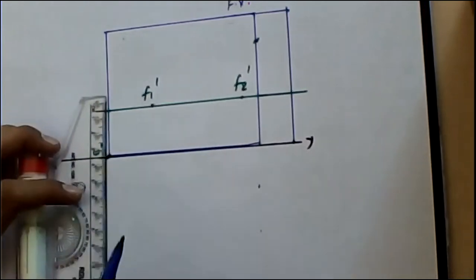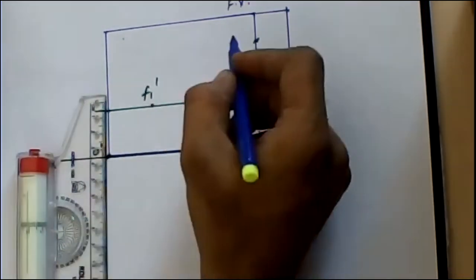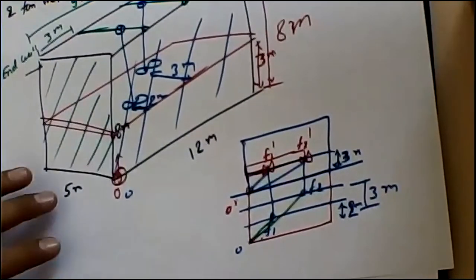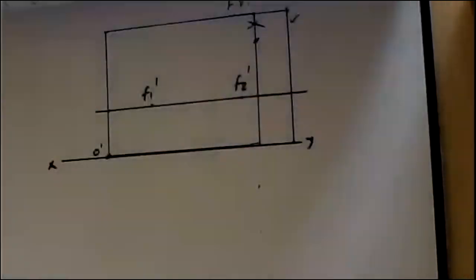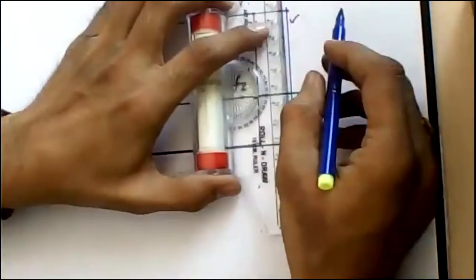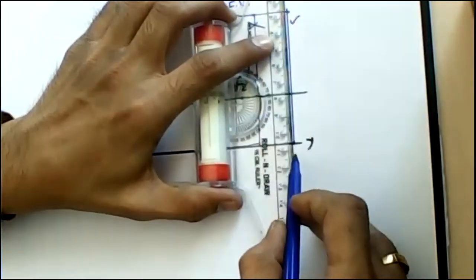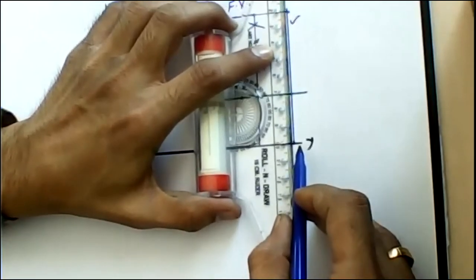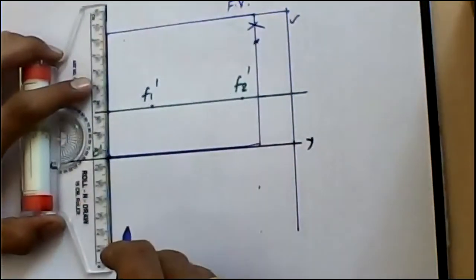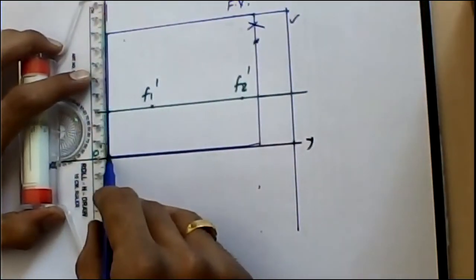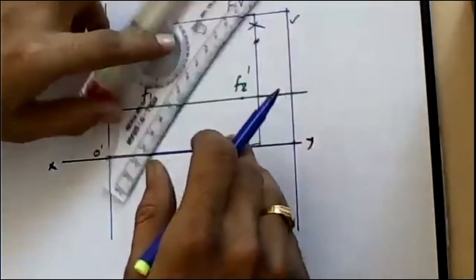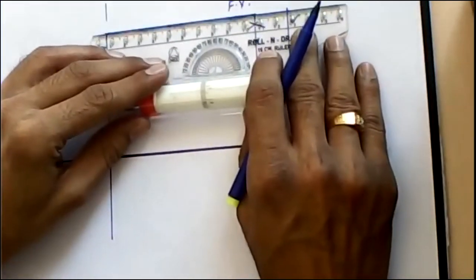In similar manner, if I am drafting the top view, like this one, this is the right hand side. In top view, the dimensions are 12 meters by 5 meters. So this is already 12 meters. I can extend it at the bottom for 5 centimeters. So I'm just extending this one for 5 centimeters. Here we are taking the scale as 1 centimeter is representing 1 meter.